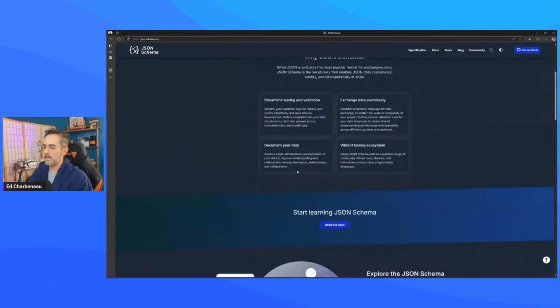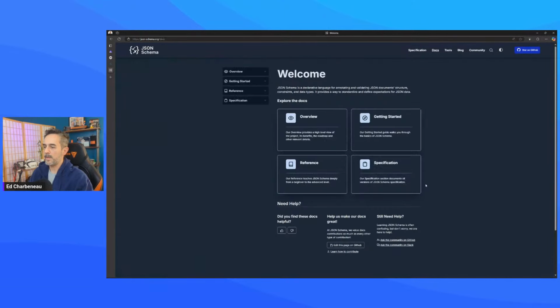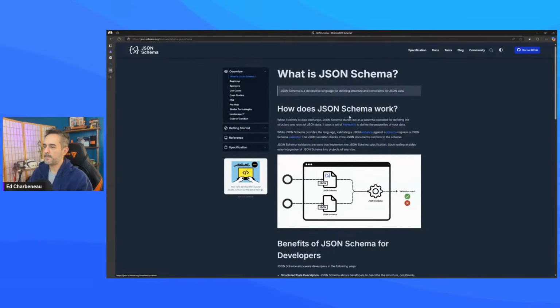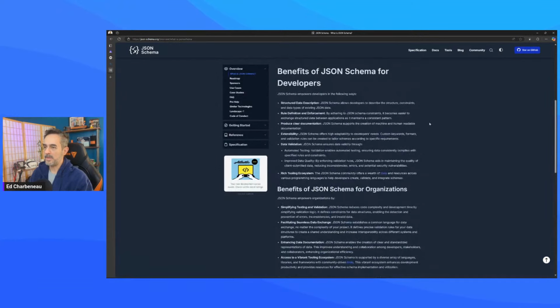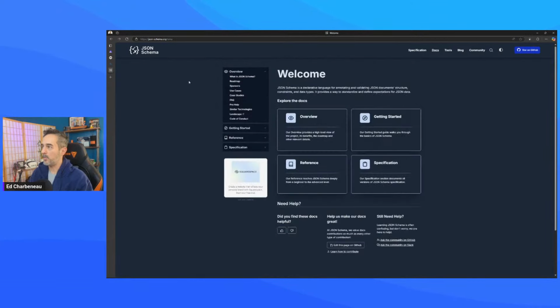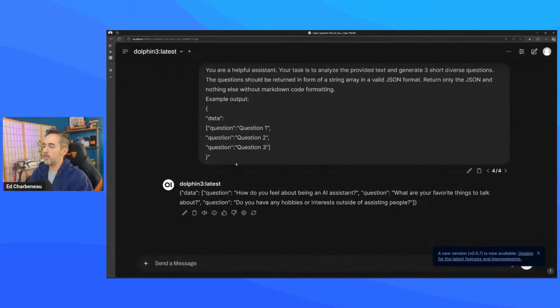So if you go to JSON schema and look, you can see there's docs around it and everything. What the JSON schema looks like. And you can feed ChatGPT a JSON schema, and it will output proper formatted JSON responses, which is awesome